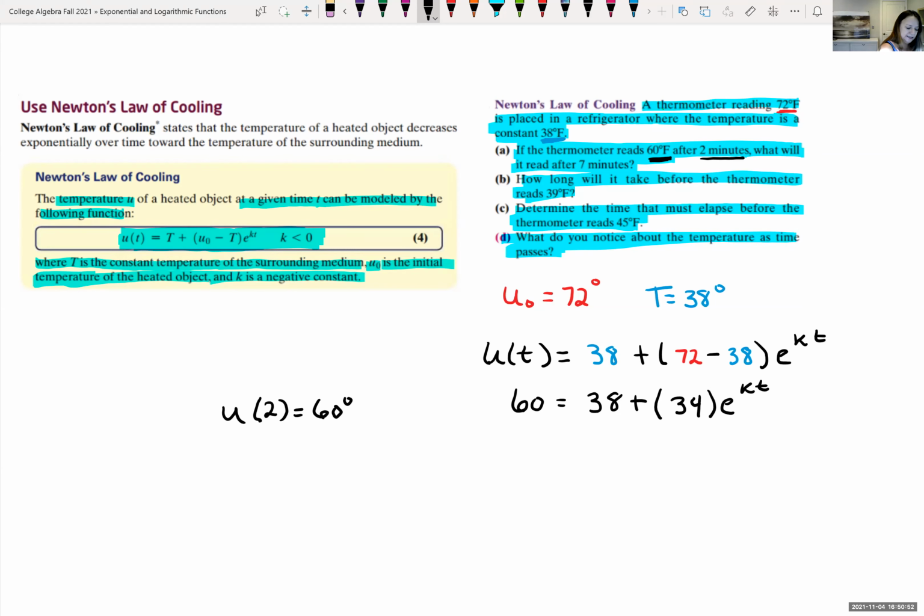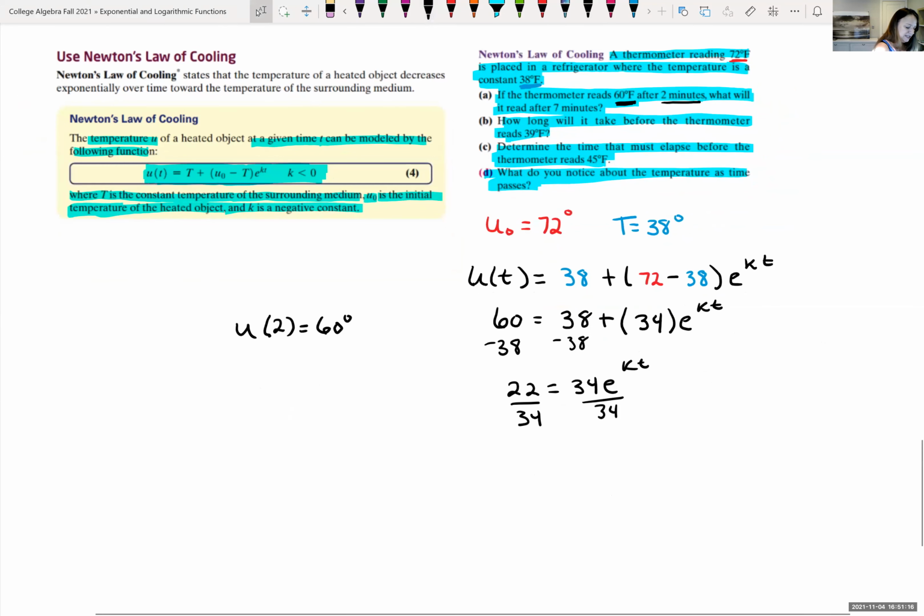So let's isolate this. Let's subtract 38 on both sides. So that's 22 equals 34 e raised to the kt. Divide both sides by 34 to get e by itself. And that reduces, 2 goes into both of those, so 11 over 17